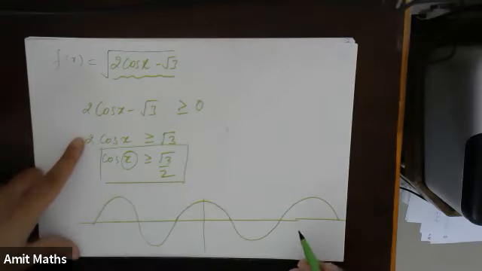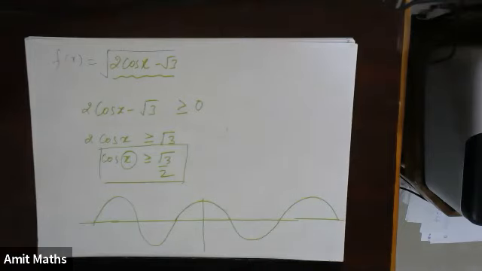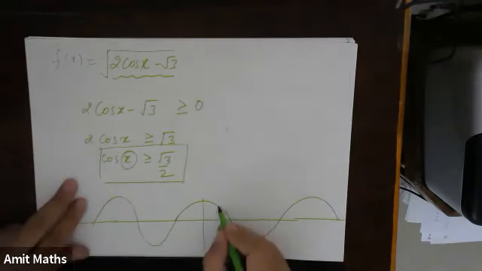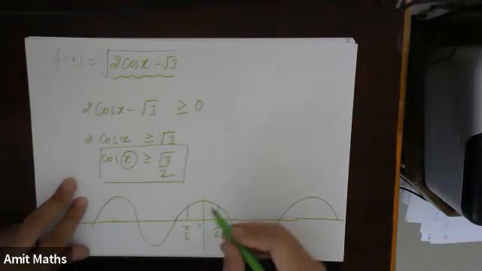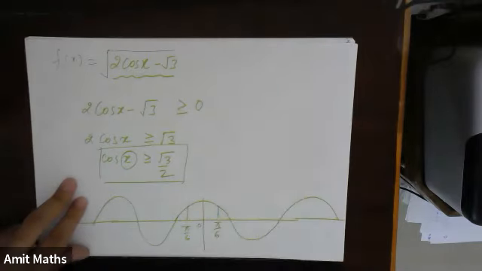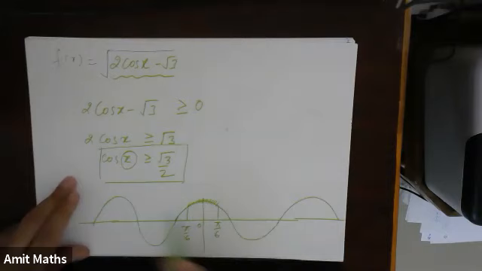Fine, the cos curve will be something like this. Now when will cos take the first value root 3 by 2? So cos root 3 by 2, first it will be at pi by 6, right? Before this it will be at minus pi by 6. Fine, this is 0. So that means all the values of cos where it is having this part of the function will be included, right?